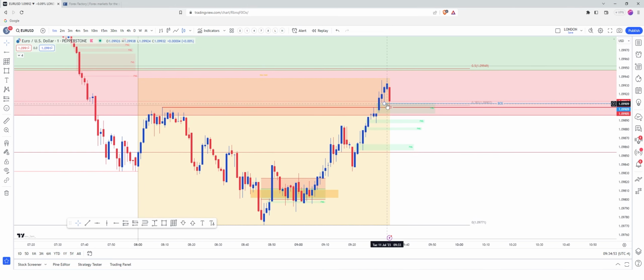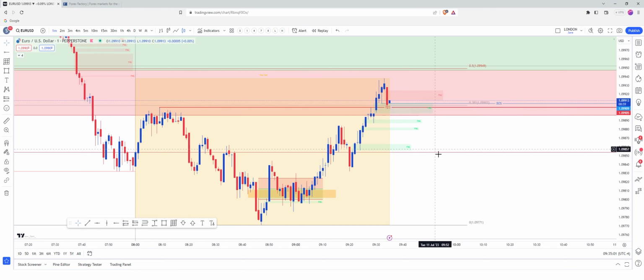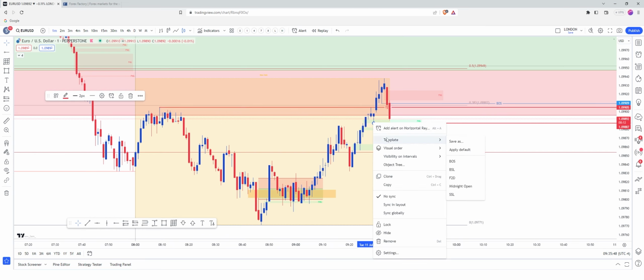That's not what we want. We don't want to be sweeping this and then closing back in again. We want to see some displacement through this fair value gap now, signifying we are coming short. We've closed over that structure, so we have got a candle closure there. We need this to continue through now. Yeah, that's nice. Strong reaction. We're going to break this structure here. So we've broken that structure with potential other break of structure internal of the range.